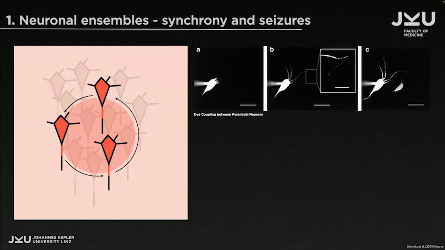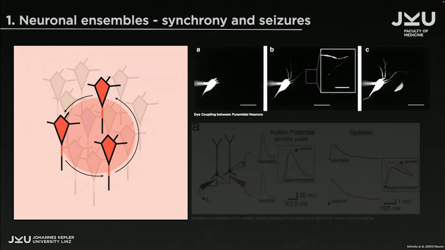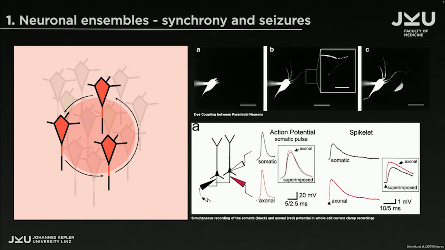There has been some early work in the 90s already about neuronal ensembles and the influence that direct electrical coupling could have on high-frequency oscillations within the brain. And as we can see in these earlier decoupling experiments, there are some cells within the hippocampus that seem to have direct connection along their proximal axons that allows them to almost instantaneously synchronize with each other and show this directly coupled behavior and this synchronous activity without the need for a chemical synapse to transport the information from one